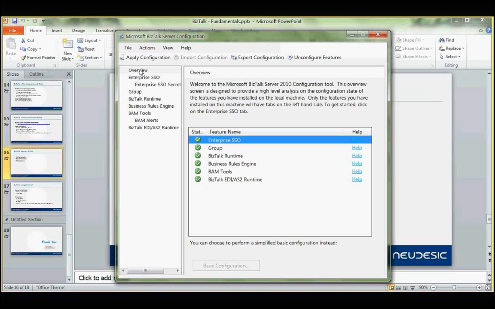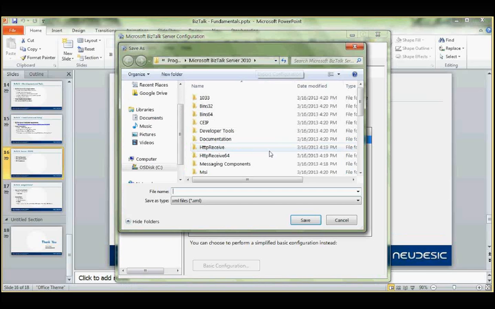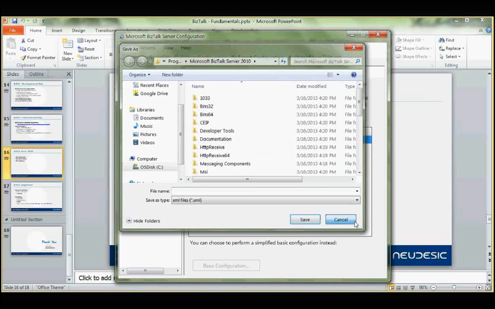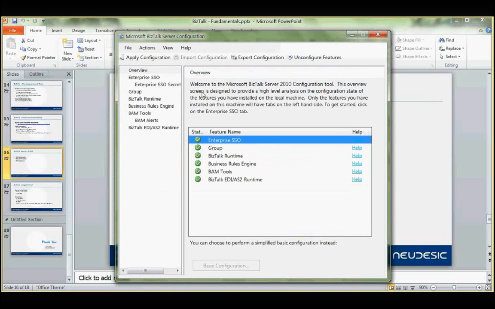So you can see you can also export configuration. So whatever configuration you have, it will get exported in XML format, which you can use. You can load a configuration also, right? Then